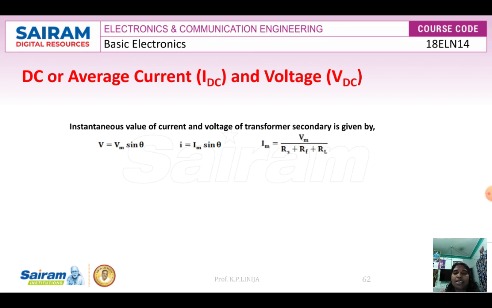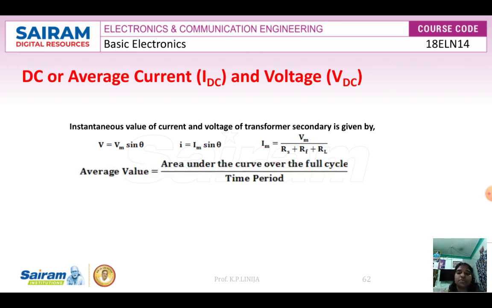And we know that I is equal to V by R. So in the half wave rectifier circuit we are using a source, that is the transformer. In that, source resistance is represented by Rs. We are using a single diode, so the diode forward resistance is represented by Rf, as well as the load resistor RL. Generally I is equal to V by R, so as per our circuit we write Im is equal to Vm divided by Rs plus Rf plus RL.